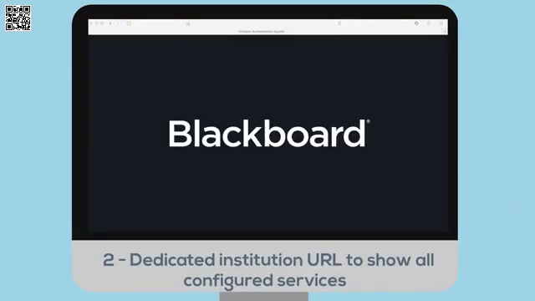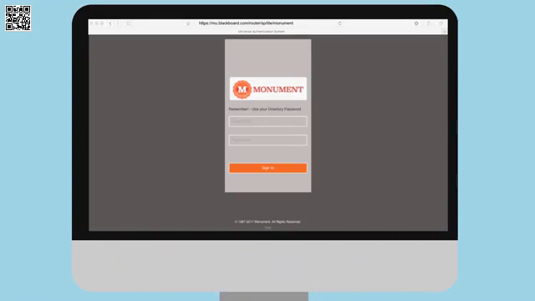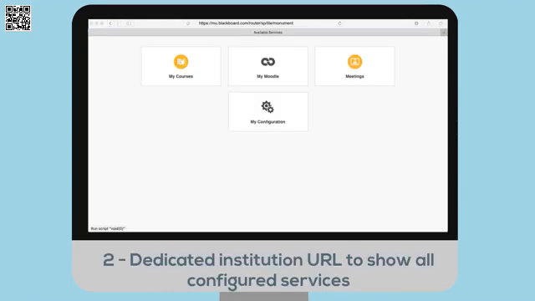Second is a dedicated institution URL to show all configured services. In this workflow, you type a dedicated URL provided by Blackboard. BBUAS will automatically recognize your institution configuration and will redirect the browser to initiate a session. As in the first workflow, Monument University has a branded username password against an LDAP. The user enters his credentials and gets authenticated. Here's the difference. You'll be redirected to a tile view that can be embedded as part of your institutional portal and can be branded. Within this view, authenticated users will see all services configured by the institution and will have